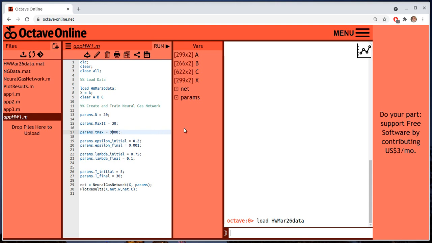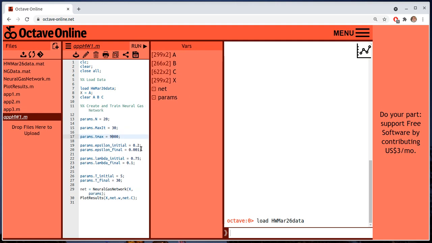The initial epsilon, well, when we plot this, you'll see kind of what we were thinking about for the initial epsilon. Epsilon final should be a fairly low number, something close to 0. I don't know if that's too far to 0. We'll see. And then lambda initial is the neighborhood size, so again, that should be big to start with, and then it should go small. And then since there's 300 points, we're going to be running through the data quite a bit, and so I'm going to just jack up the amount of time it takes before an edge is removed,